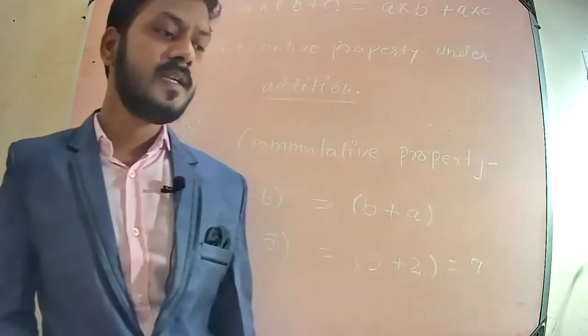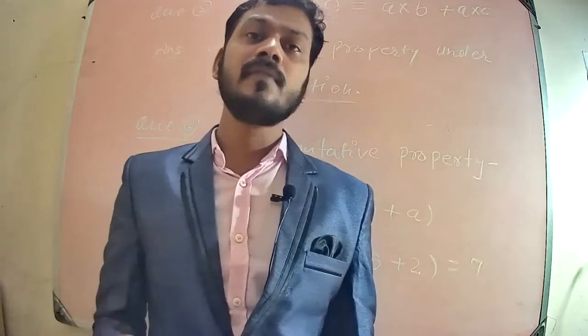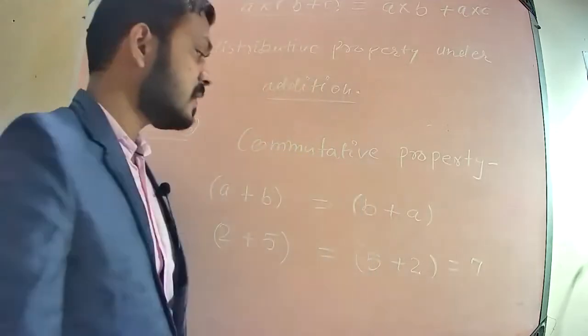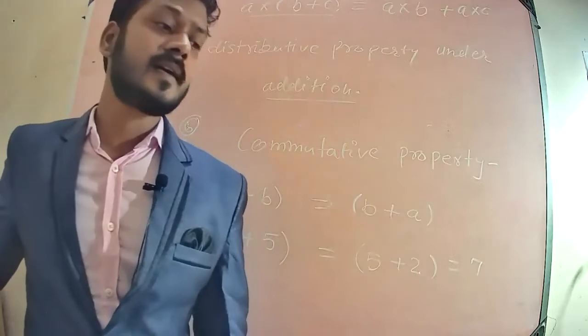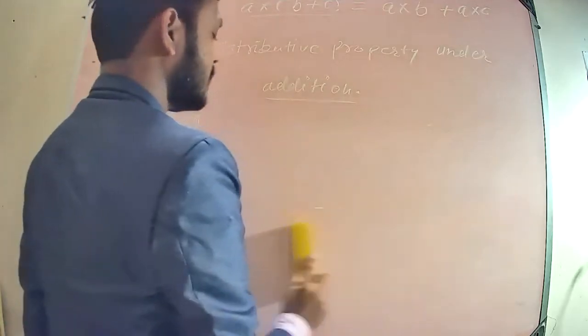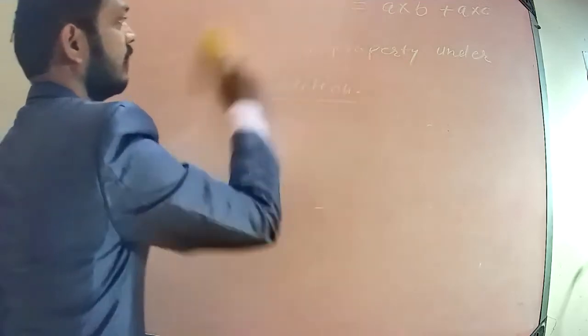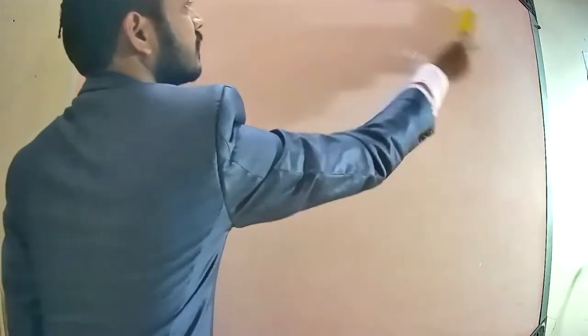The sum of any 2 rational numbers remains the same even if their order is changed. यदि इसके हम ऑर्डर को चेंज कर देते हैं तब भी आपको करेक्ट आंसर मिलता है। But in this question you had to select which property does not follow the commutative property of rational numbers. So the answer is option B. But understand what the commutative property is. I think everyone understands by the help of this example.